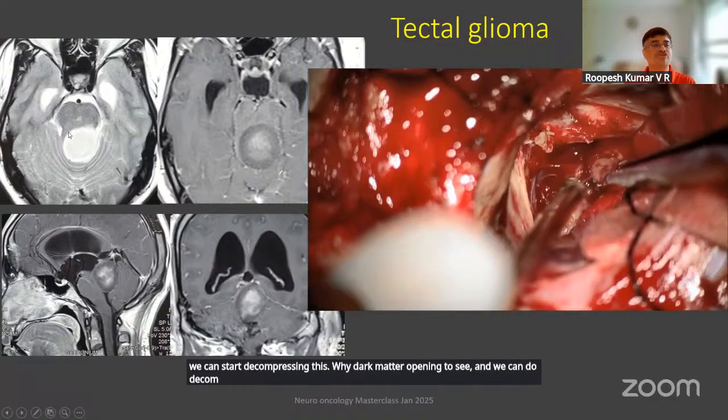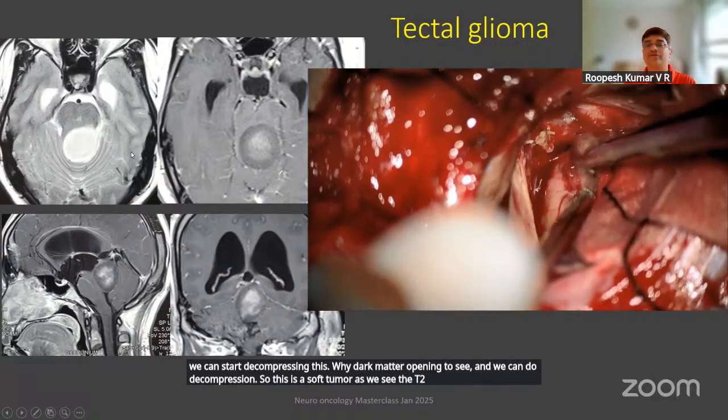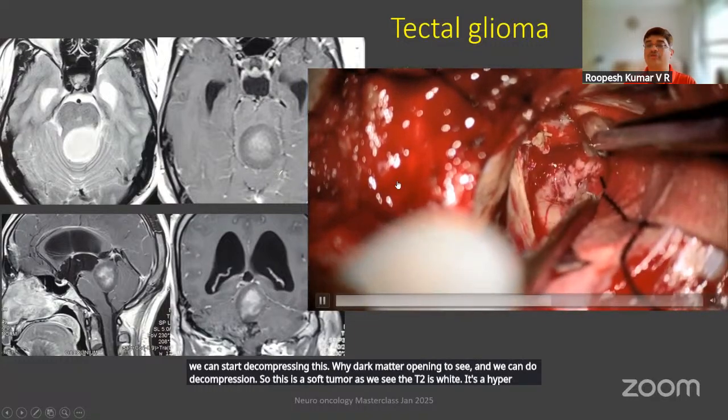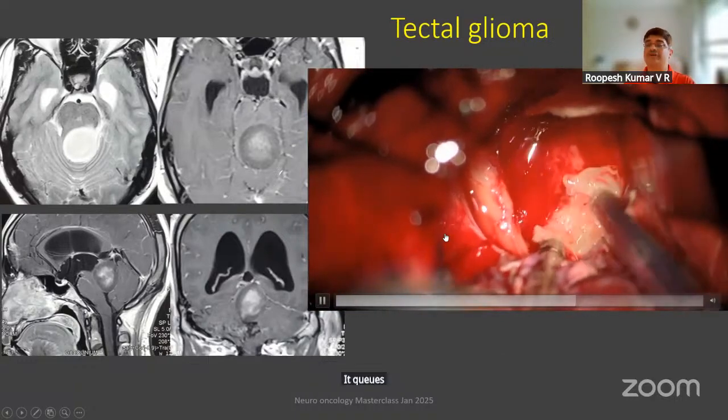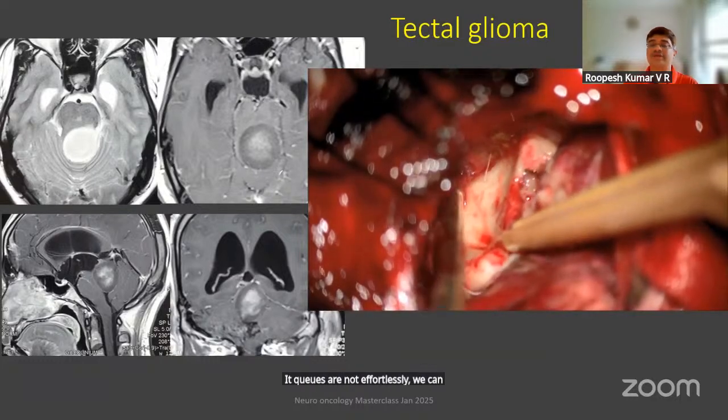So this is a soft tumor, as we see the T2 is white, it's hyperintense on T2. That means that we know that it's going to be a soft tumor. And so as we decompress, it cues up. So, not much effortlessly, we can see that the tumor can be decompressed, and once it is done, we can